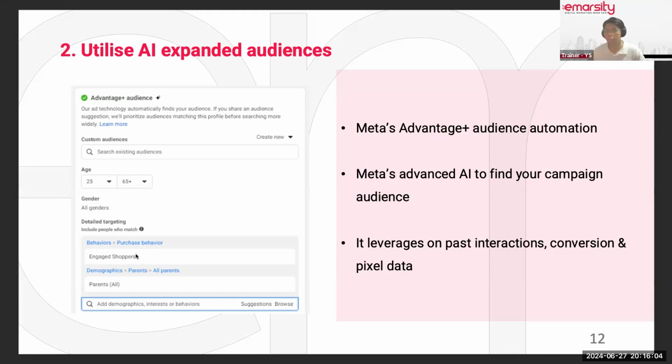You might be wondering, how exactly does that work? Basically, the AI will look at your past advertisements, and also your current advertisement once you start running it. What are the kind of audience who actually click on your ad? What are the kind of audience who watch your ad longer? What are the kind of audience that interacted with your ads? Is it the same gender or a certain age group? Do they all have the same interest? So this is the second tip.